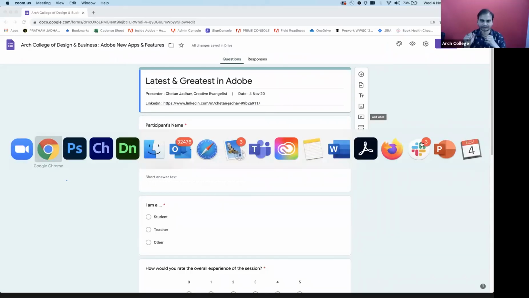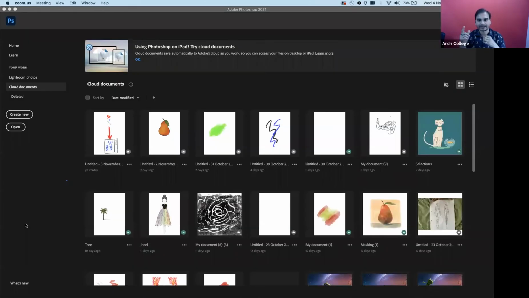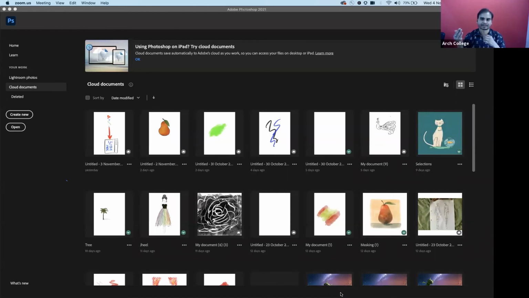Chetan, I have a question. How do you decide on upgrading the software? How often, and what is the time frame? When do you upgrade the software? How do you decide on the new features? Do you take feedback? What are the mechanisms to take feedback? If I want some new features in the new version of Adobe Photoshop, how shall I pass such information to you?